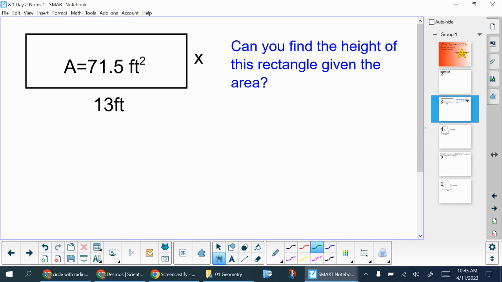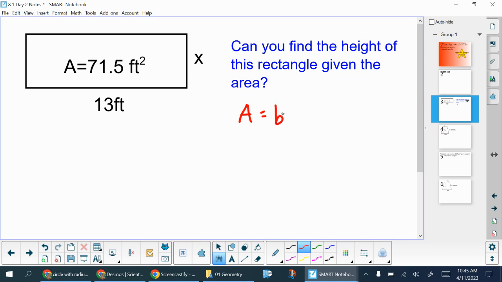To start off with, on something like this, we might be able to think of this without doing the actual algebra, because if we know that area is just base times height, well, 13 times what makes 71.5? That's just a division problem. We could just divide 71.5 by 13 to get an answer pretty quickly. But if we want to see how this works with algebra so that we can take this to the next level and eventually even practice some of the stuff we've got to do in Algebra 2 next year,